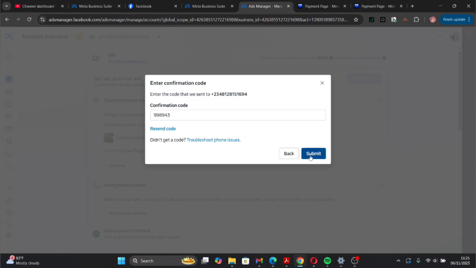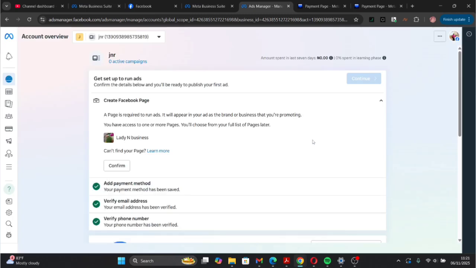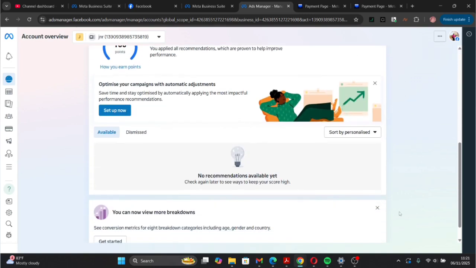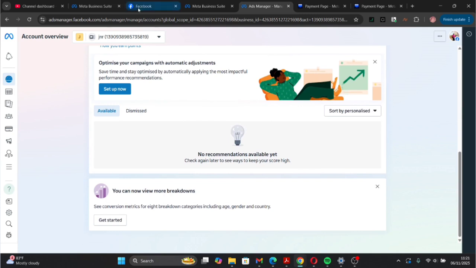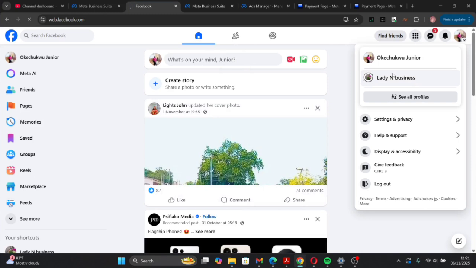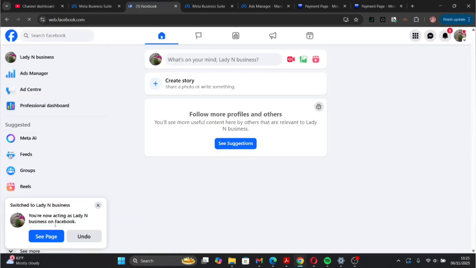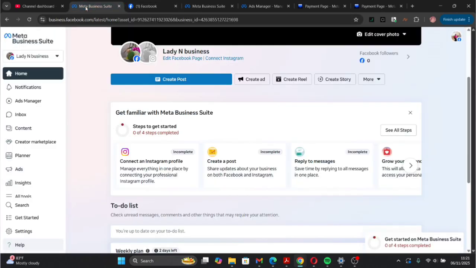So I've been able to confirm it, and I've added the payment method, I've verified the email address, I've verified phone number, so I can run ads on this. So what I'll do is I'll go to Facebook, then I'll switch over to, although I don't have any post on this account, but then, for example, if I want to run advert on this account, making use of the business suite,